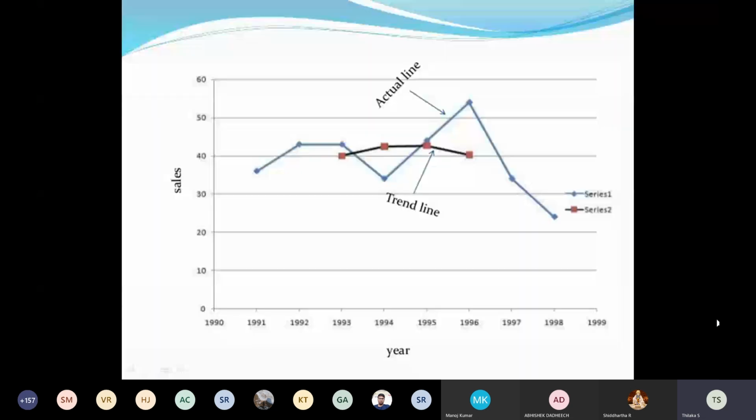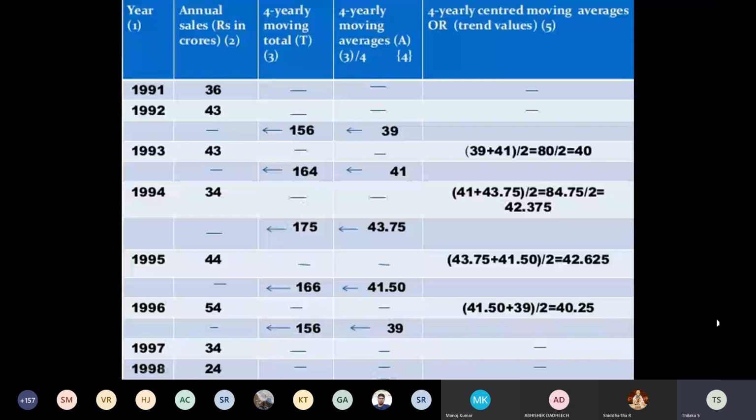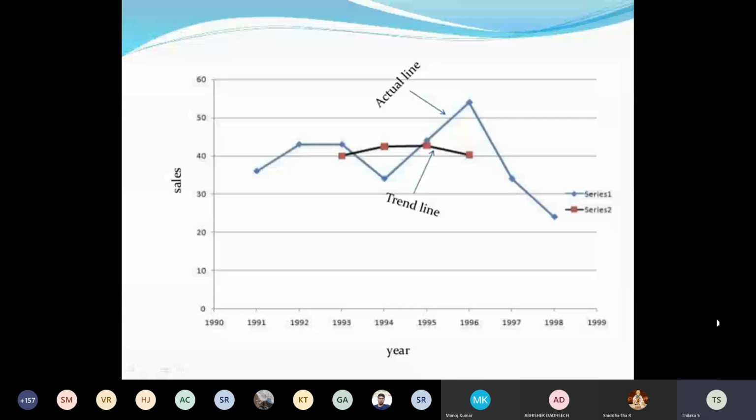So this is the diagram for the above mentioned problem, for the 4 years moving average. Here the actual line is for the year 1991, where 36 was given, so 36 was plotted as actual data. The blue line refers to the original, actual data which was given, and the trend line is in black. We have 4 red colored dots, which are the averages of the 4 yearly moving averages. Those 4 points are joined,